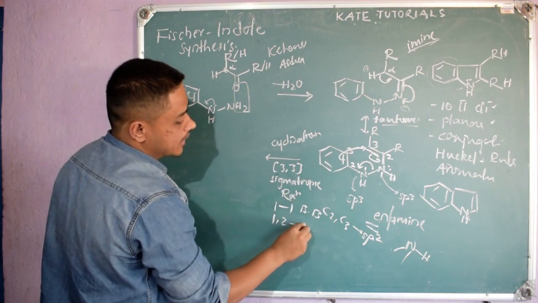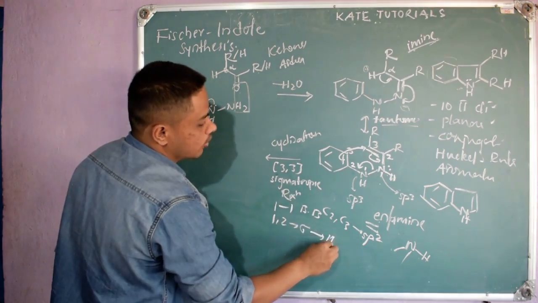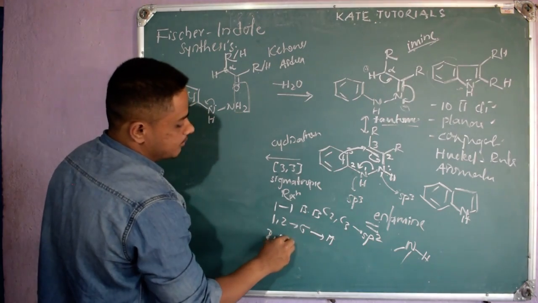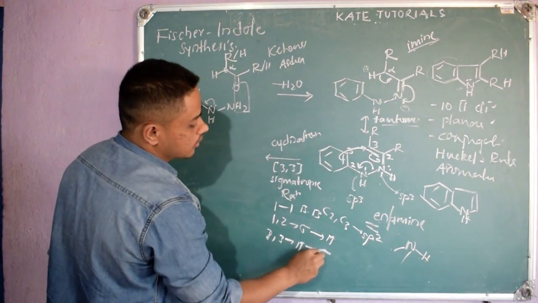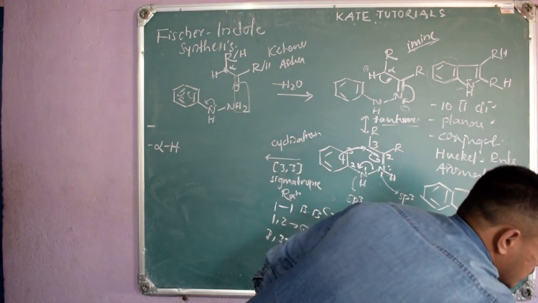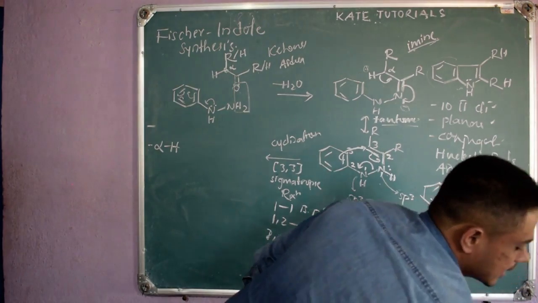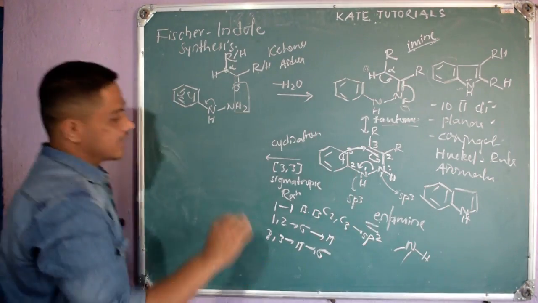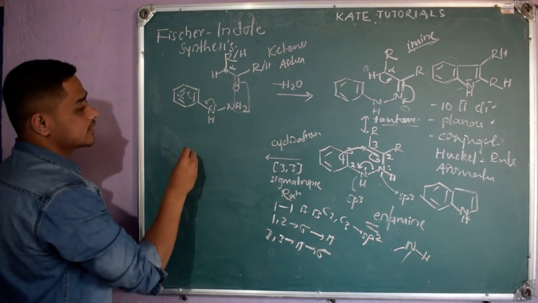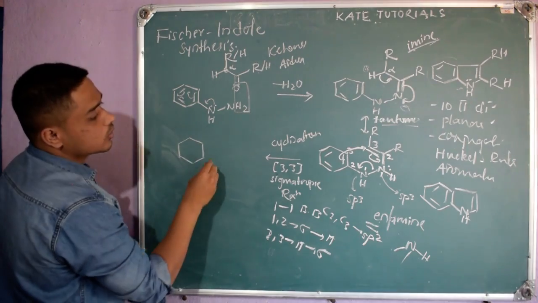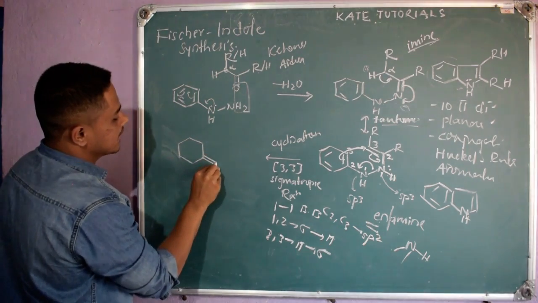The sigma bond becomes a pi bond, and the 2,3 pi bond that was there became a sigma bond. How did it become a sigma bond? Let me write it here. So no need to get confused. Just keep on listening to me. You may find it a little difficult, but as you listen to me you will get to know. So here we will get like this.